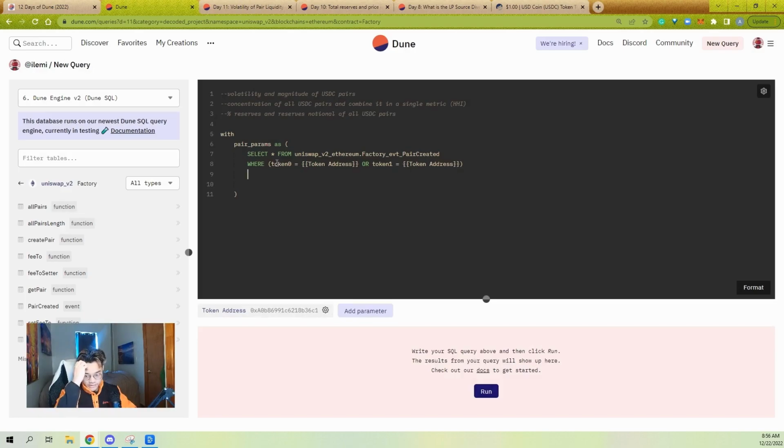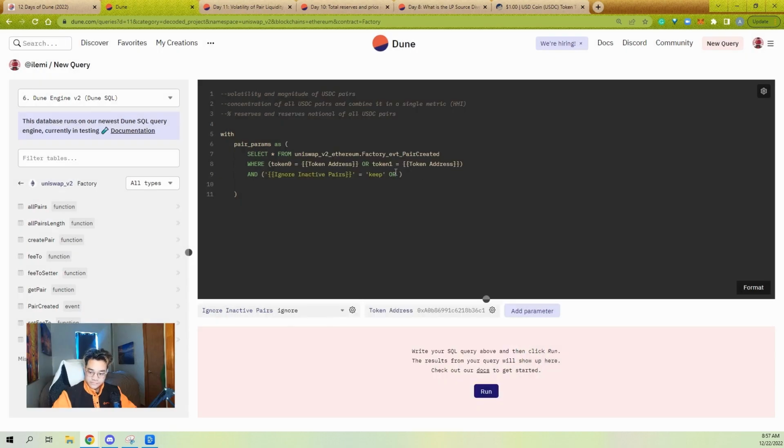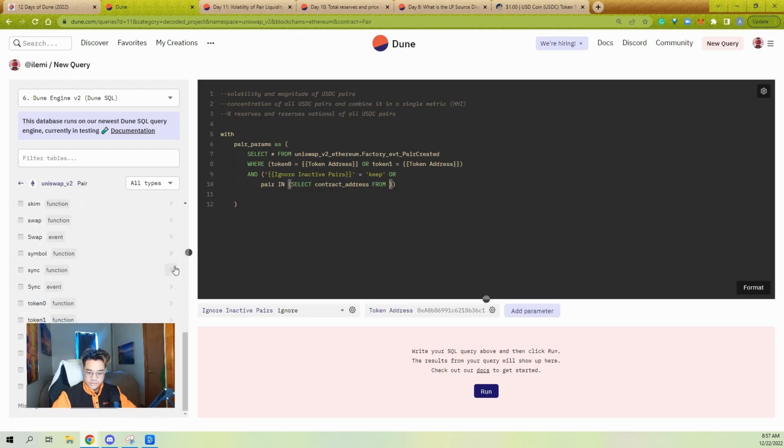And something else we want to check off the bat is just for activity, right? So let's do an ignore inactive pairs parameter equals keep, or now we're going to say this is a list where ignore is the default. And then we're going to say, or the pair is in select contract address from the swap event